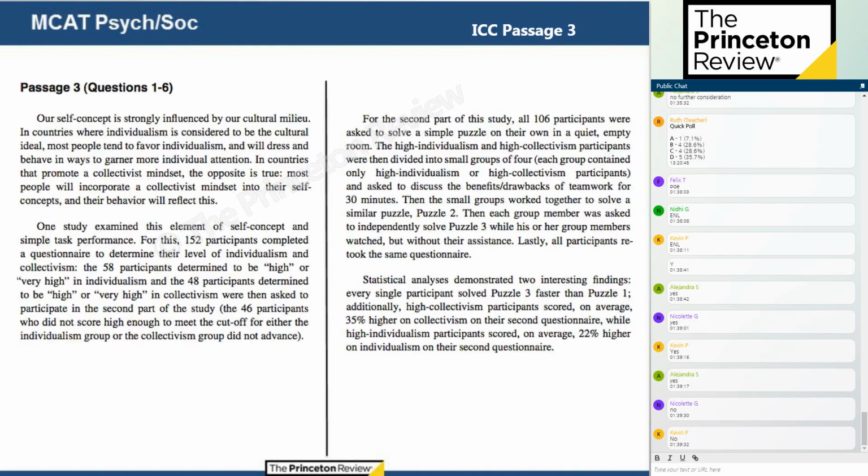Well, we're going to start off our second half with an ICC passage. We can see that this passage has 6 questions to it, which means we're going to have about 9.5 minutes for you guys to map the passage. We'll take a couple of minutes for that, and then for you to answer those 6 questions. So you can go ahead and begin your passage mapping now.